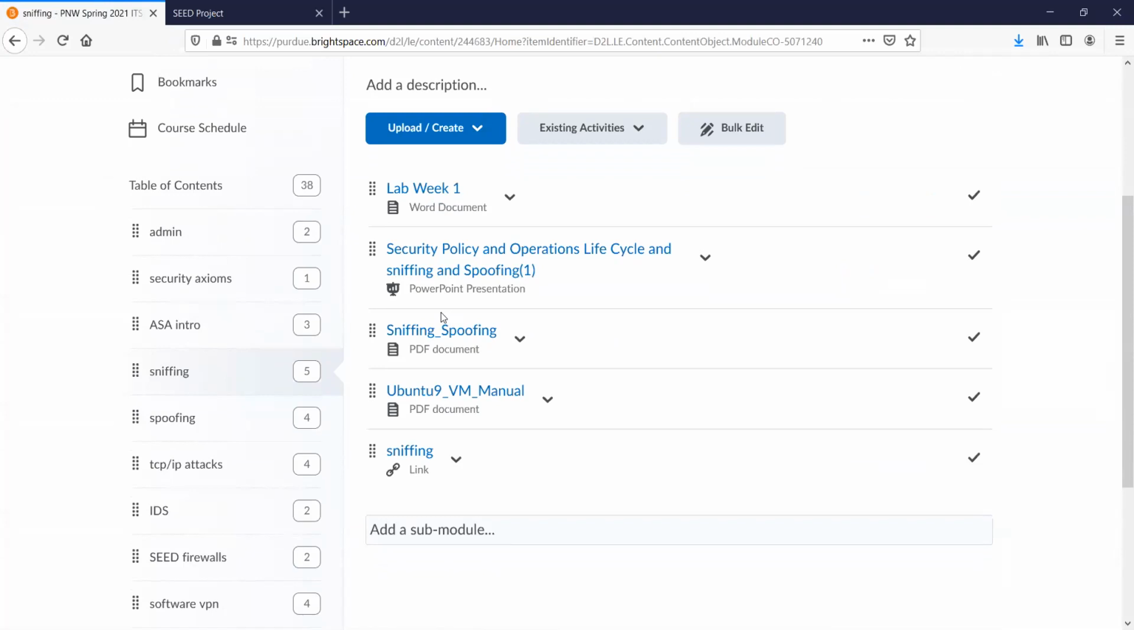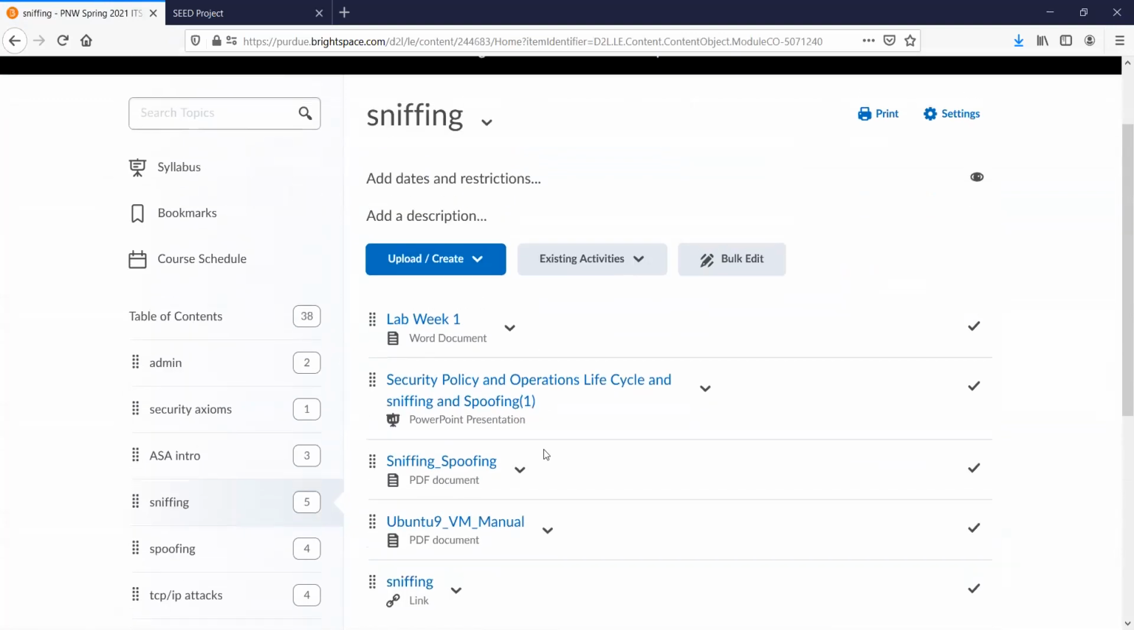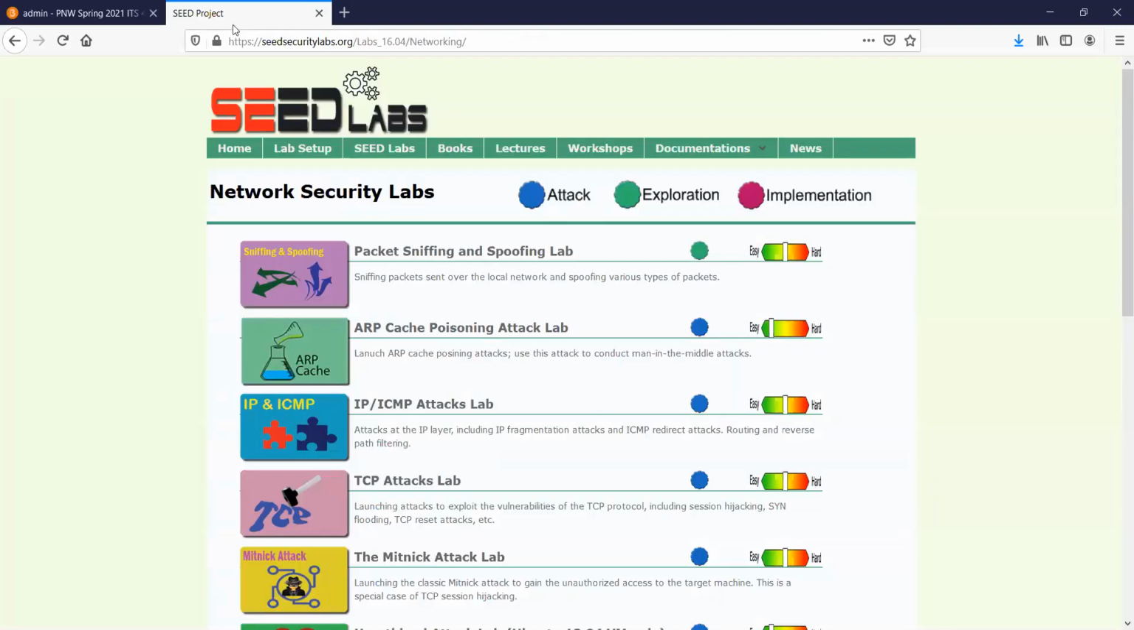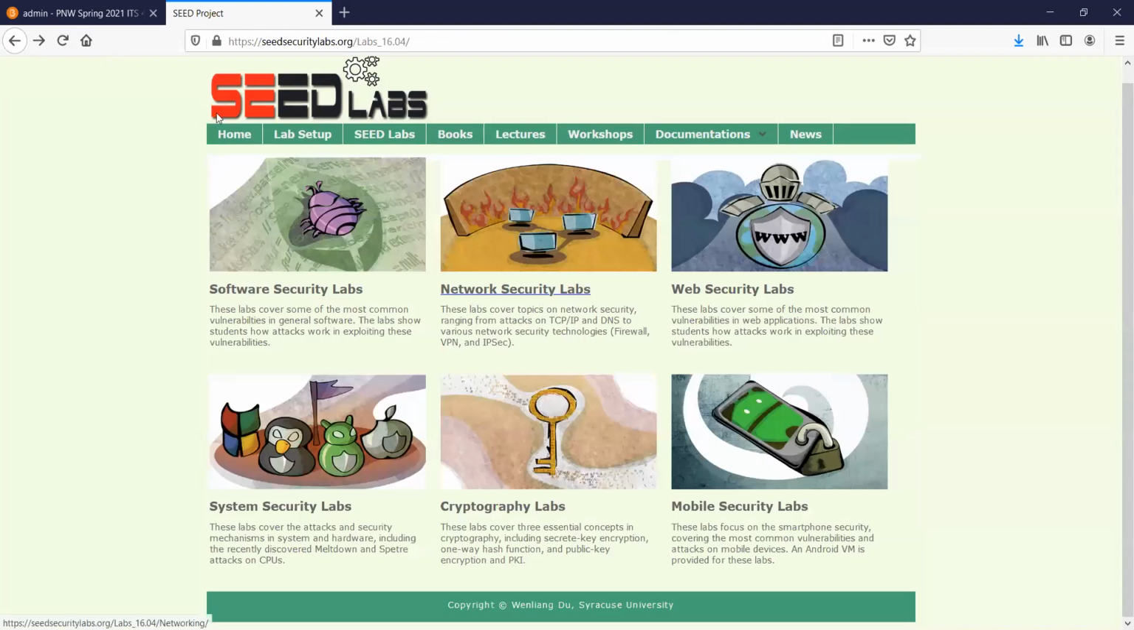All right, so as you can see then, sniffing, these two links are your homework assignment for the first week, or first couple of weeks, really. All right, let me go back to the seed projects, and I just want to see how different this new